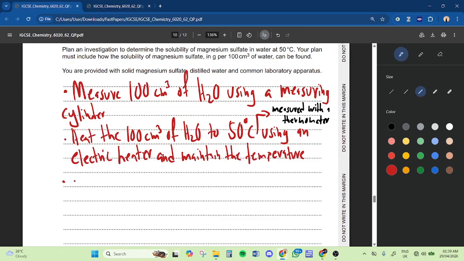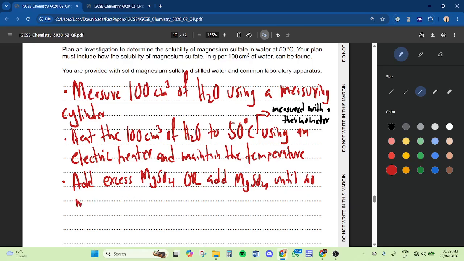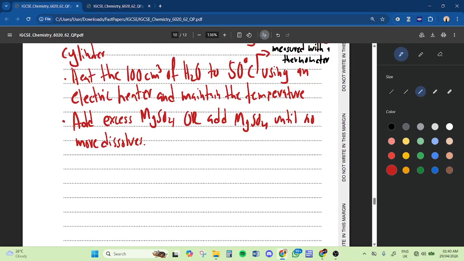Then you say add, either you can write excess MgSO4, magnesium sulfate, or add magnesium sulfate until no more dissolves. And then once you've written that, you're going to say filter to remove undissolved